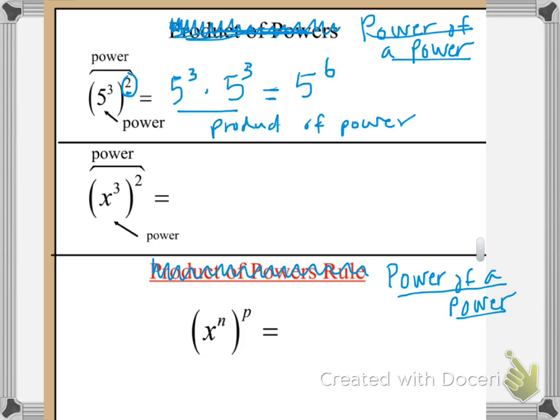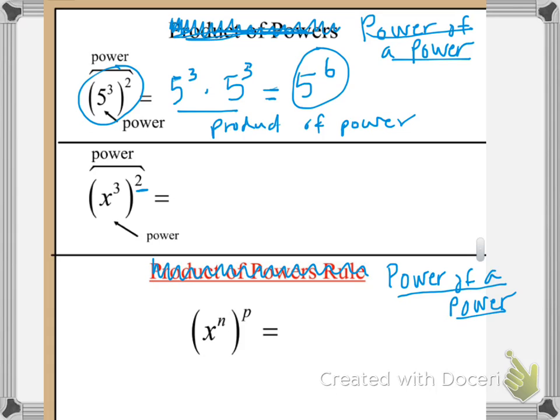Okay, so it turns out, let's look at what we started with. We started with 5 to the third, all raised to the second power, and we ended up with 5 to the sixth power. Okay, similarly, if you have a base that's a variable,